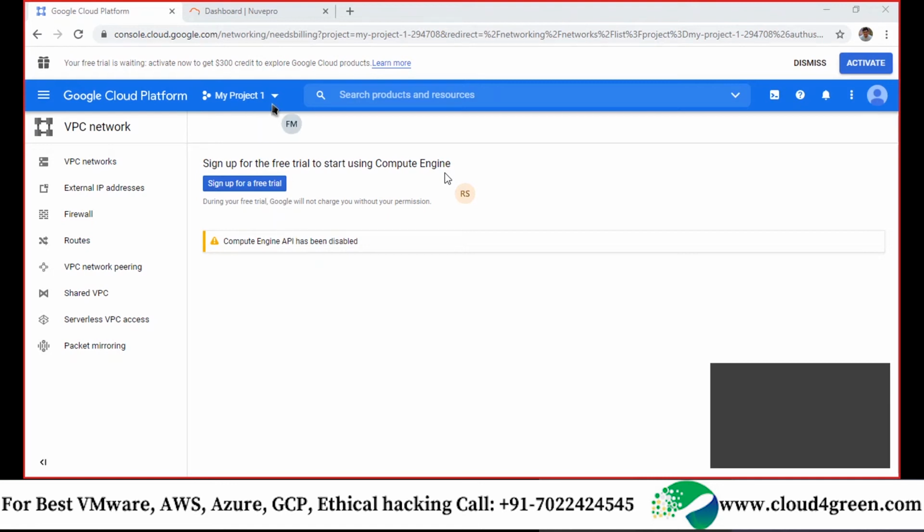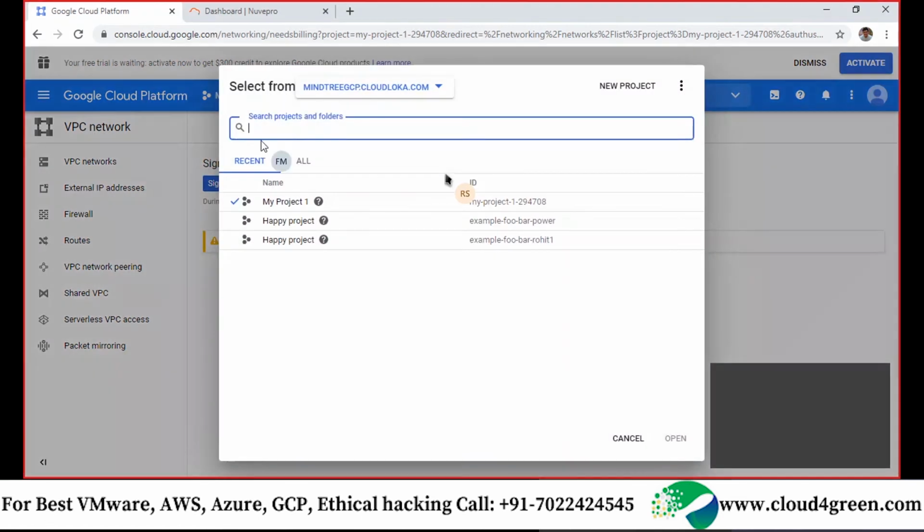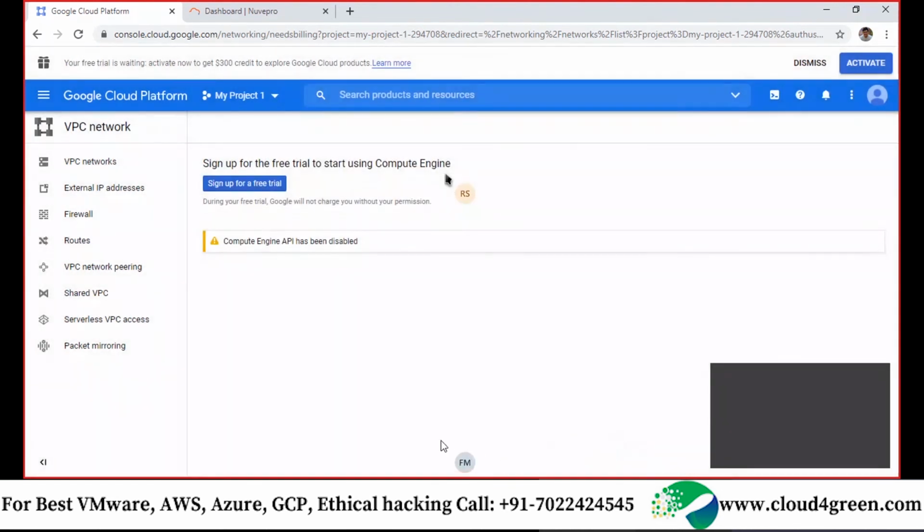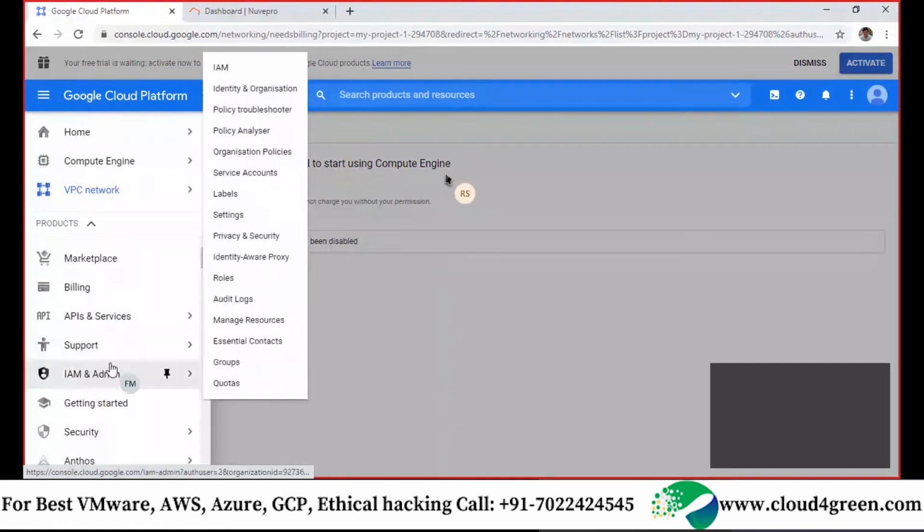So see here, my project one is the default project name for any account for that matter. If you are a new user, let's take Bhaskar is a new user. For him, the first project name is called my project one, but we don't want to go to my project one. We should always connect it to our Manipal Institute provided credential, which login he is using. Manipal login only. And so let us delete this confusion for you. Shall I? Yes, sir.